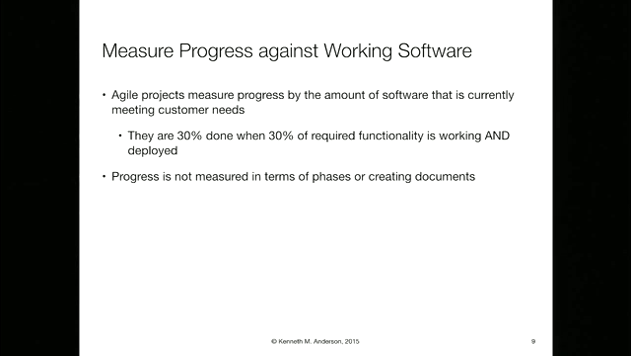Another principle, measure progress against working software. So Agile projects measure progress by the amount of software that's currently meeting customer needs. So the project is 30% done if 30% of the required functionality is working and deployed. Right? So this is way different than the waterfall